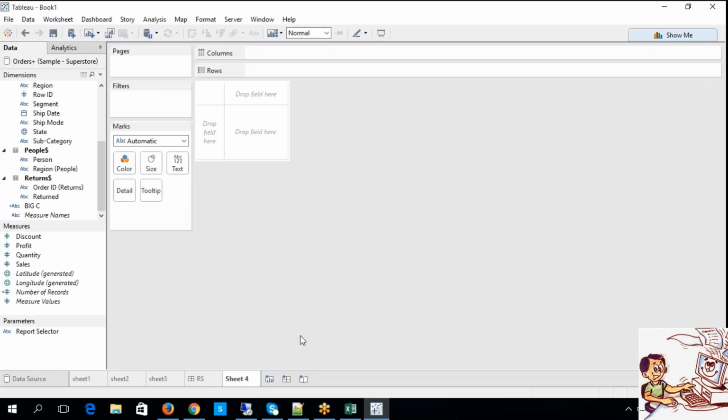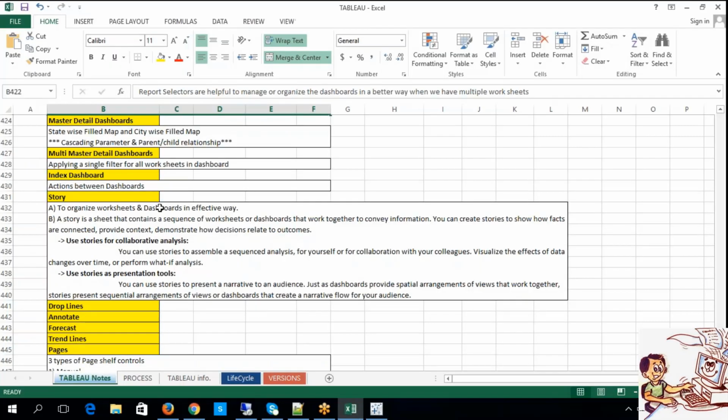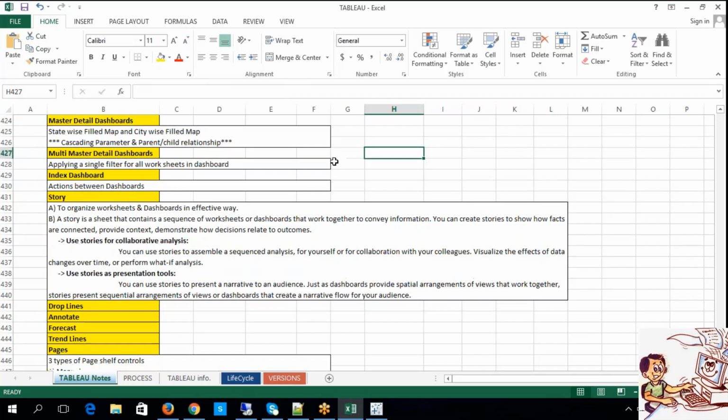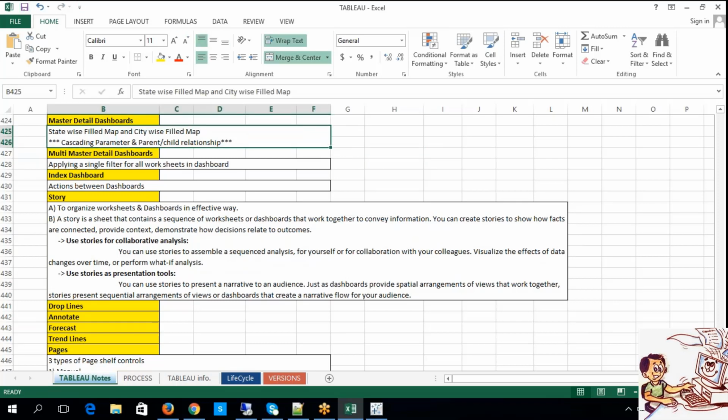Okay. So let's say I have a requirement where, when I choose a country and one particular state, it has to give me all the cities that come under that particular state. That is a requirement. What I mean to say, now look at this. If you look at my worksheet, for example, I would like to see the states with the filled map. And the moment I select one particular state, it has to show me all the cities which belong to that particular state. This also has to be in a filled map. If you observe clearly, this behaves like cascading parameters, like parent and child relationships. Anyhow, let me show you that so that you will have better clarity.